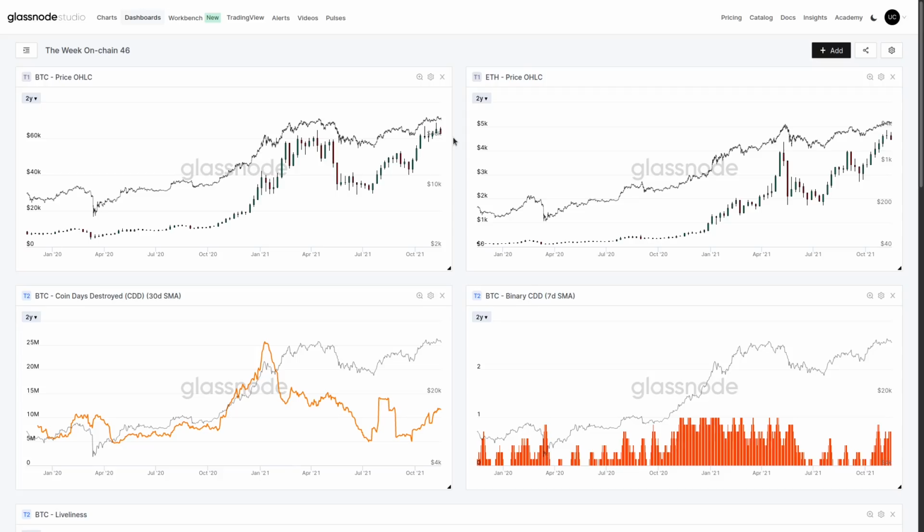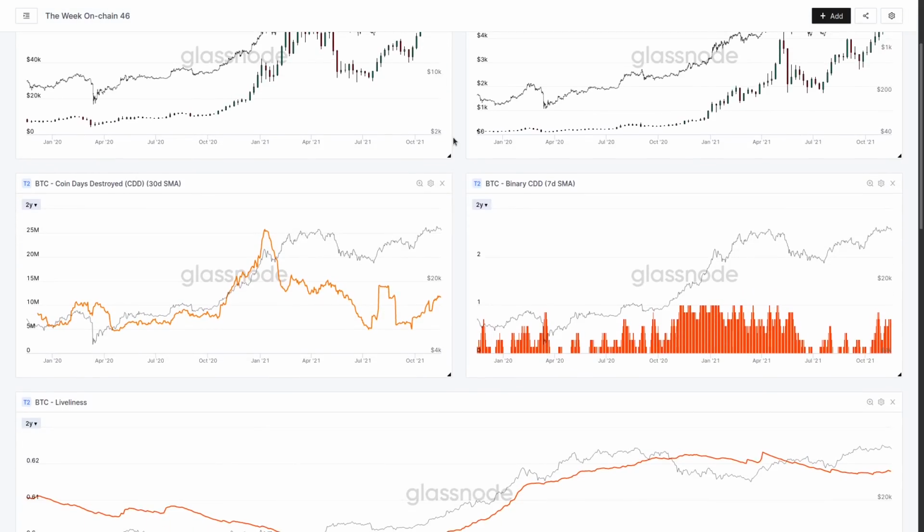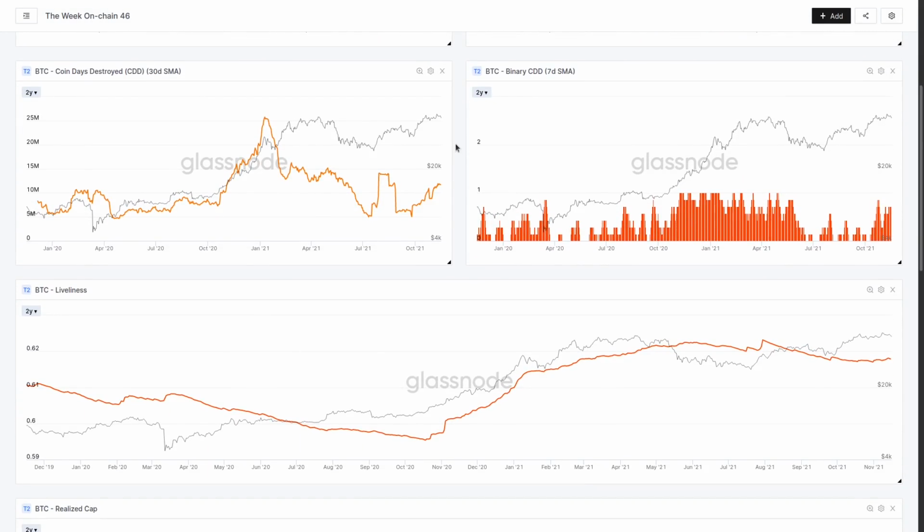So we'll look at a few of these different dynamics. What could be some of the inputs? What would suggest that there's a higher likelihood of a sell-off? What's the higher likelihood that we continue to push forward? And ultimately a lot of this comes down to the spending patterns and that supply and demand balance. So first we're going to start off with the concept of lifespan.